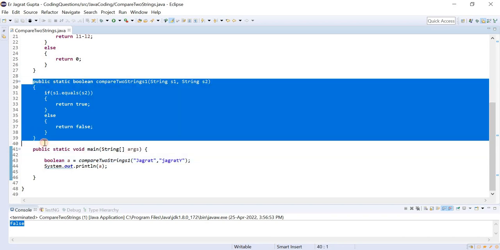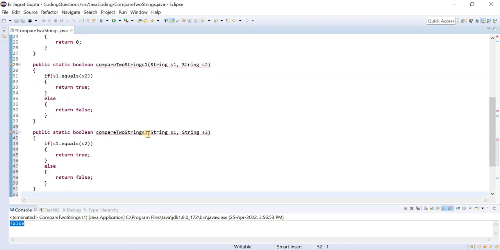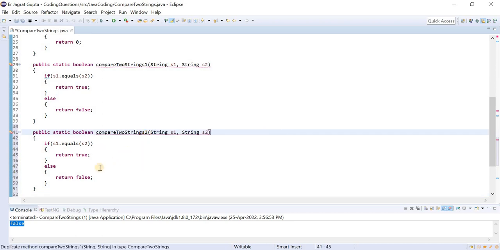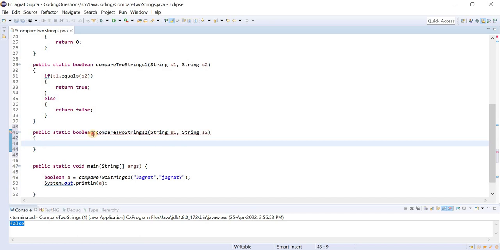Now there is another way to check whether two strings are equal or not. So let me clear this thing. So the method is compareTo. So this is the method, and with the help of this method we can easily identify whether any two strings are equal or not.